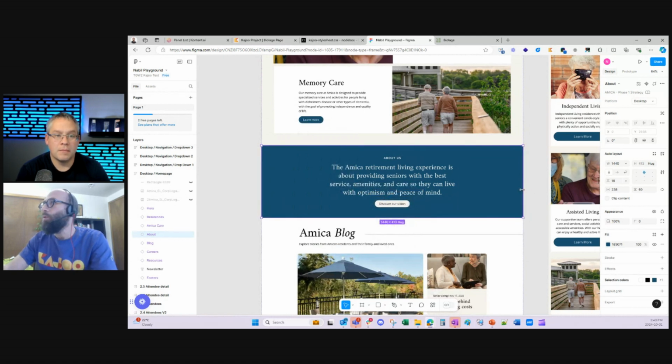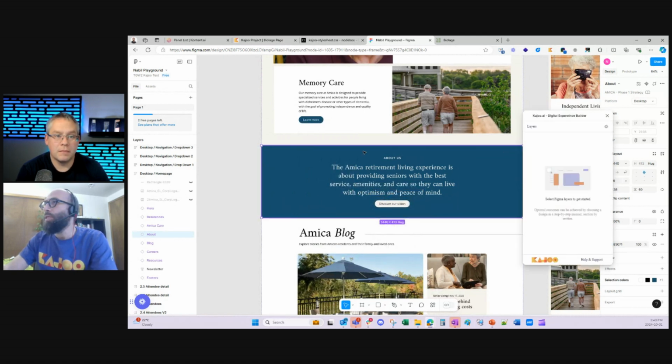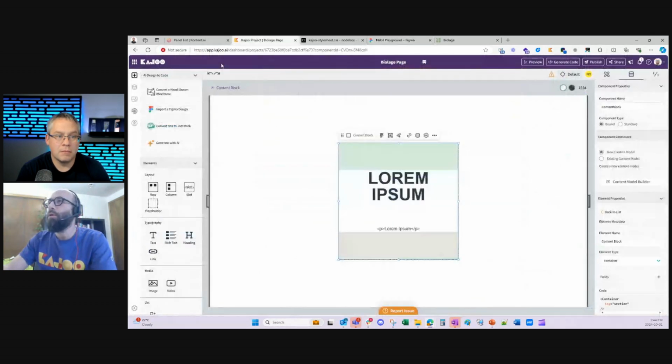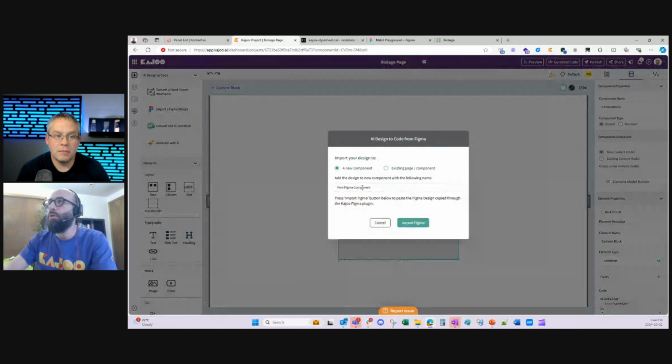So you launch that, and you select the component you want to convert. You convert layers to layout to work properly. And I come here, import component from Figma, maybe a banner.